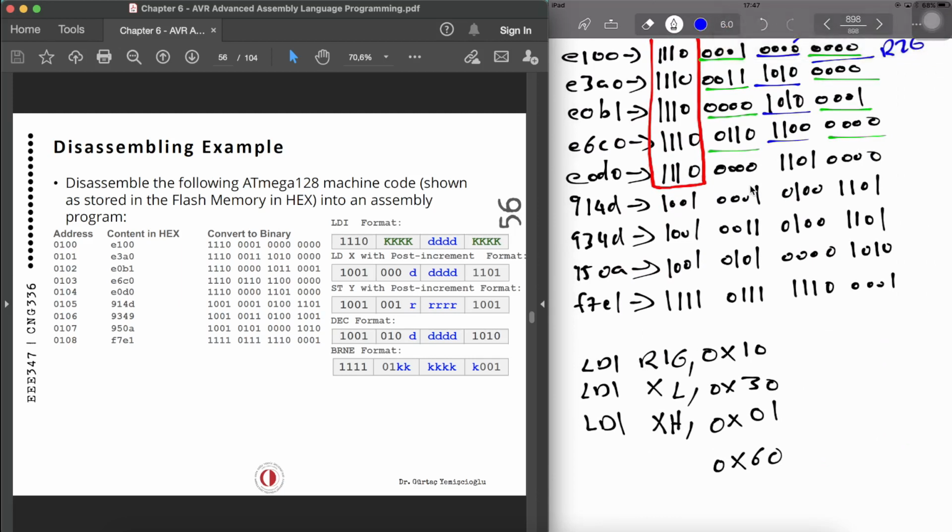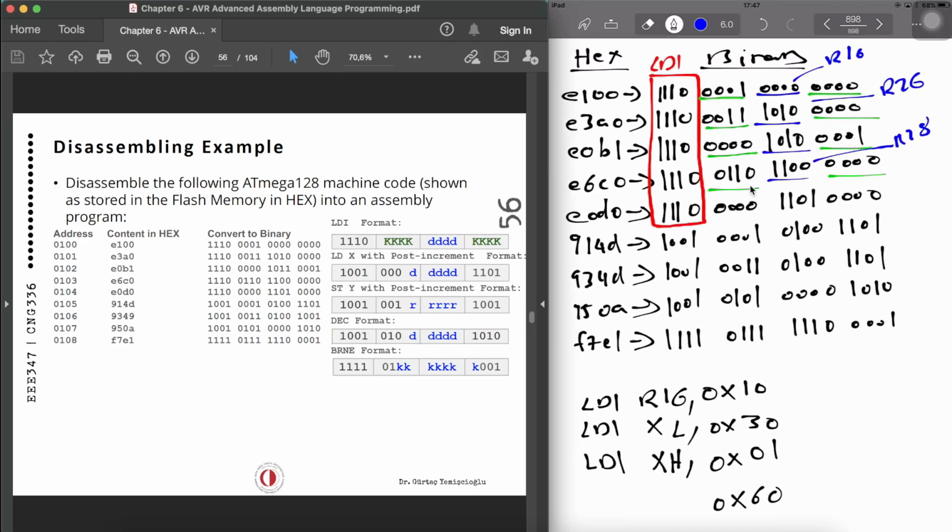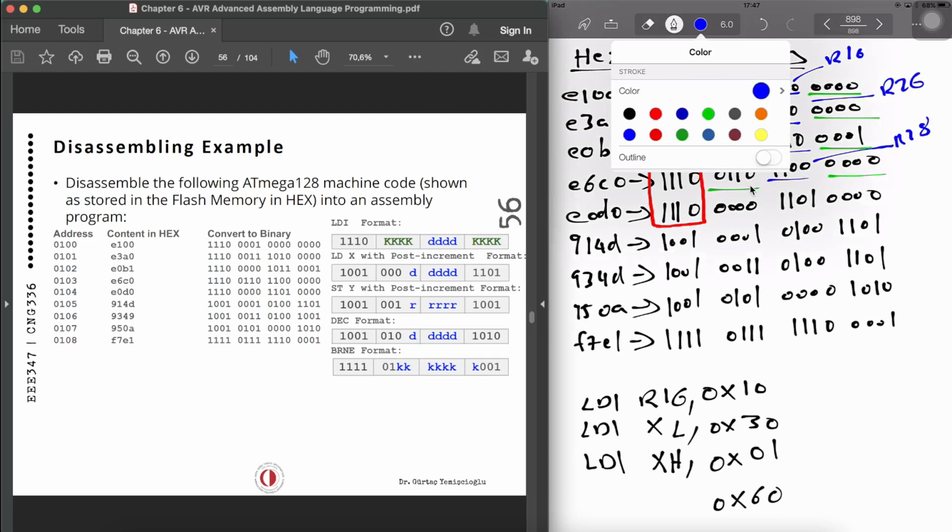16 plus 12 is 28. So this is R28. What is R28? R28 is register Y. So register Y,